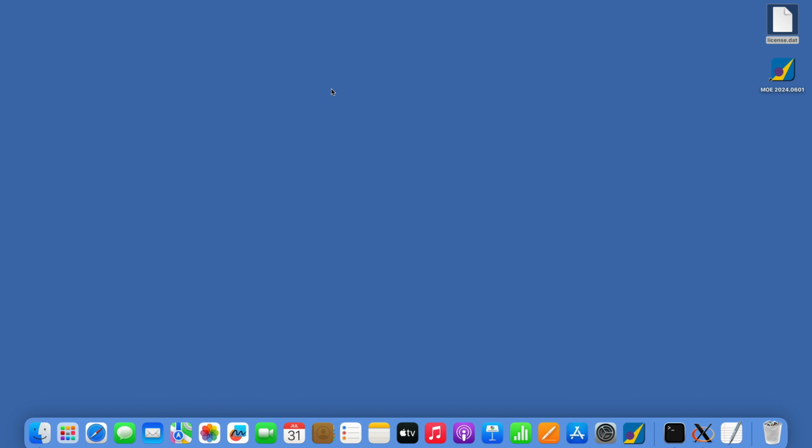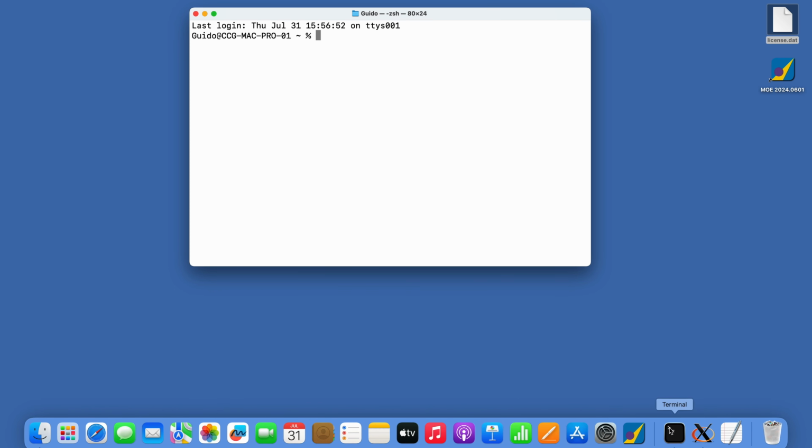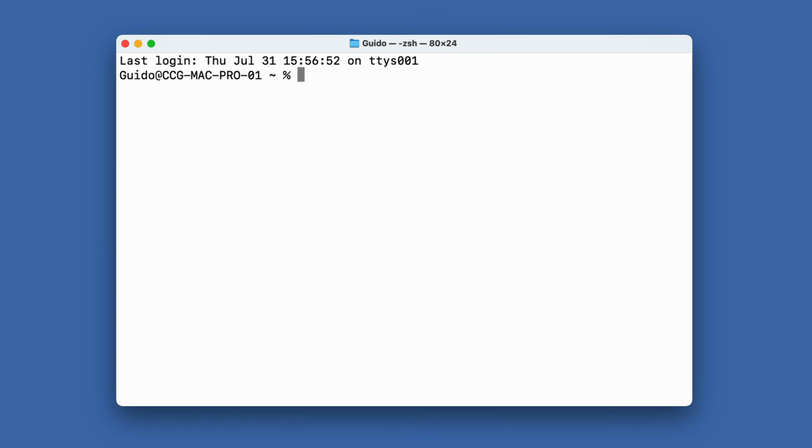So I will close the editor now, and the next step we need to execute as super user in a terminal. So I will open a terminal first, and the first step is that I will cd to desktop, and now I need to copy the license file to the MOE installation directory, and because it might be write protected for normal users, I have to sudo cp license.dat and we copy it into applications,